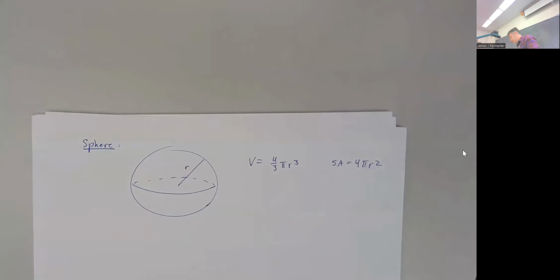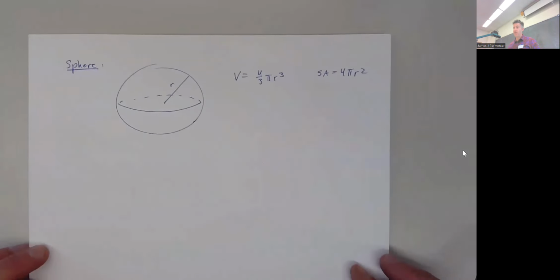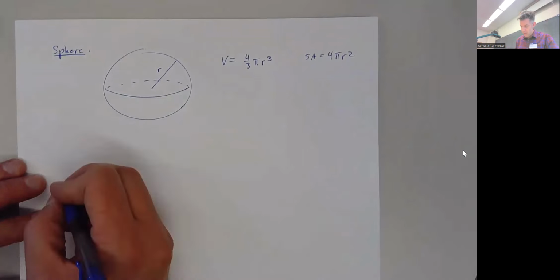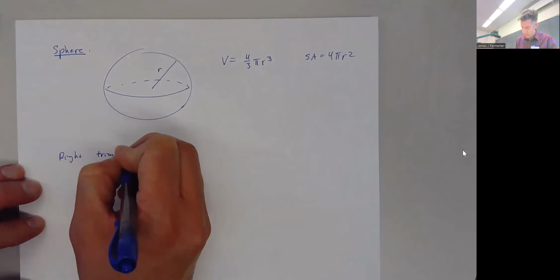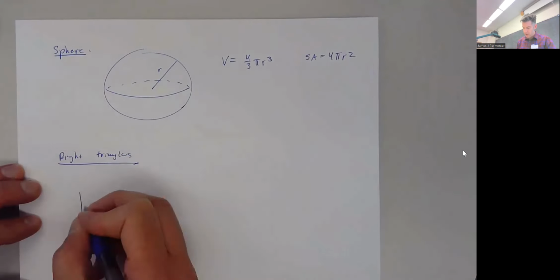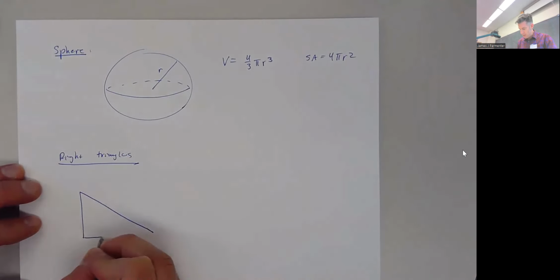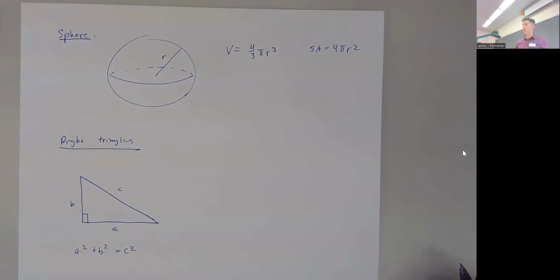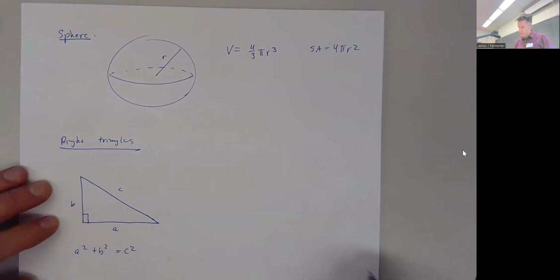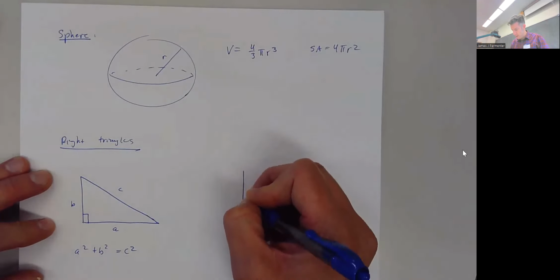And then the last thing I should have mentioned here is right triangles. There are a couple formulas we need to know. So for a right triangle, and then we'll get back to the fun stuff. So for right triangles, there are two things you need to know. One thing is the Pythagorean theorem. So a squared plus b squared equals c squared. Or more generally, the longest side should always be the one that's by itself when you talk about the Pythagorean theorem. Hypotenuse. And then the other thing you want to know is that if you have similar triangles,